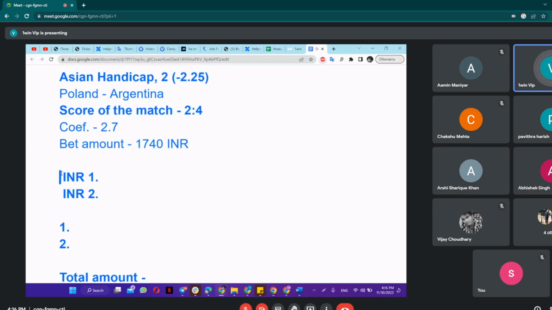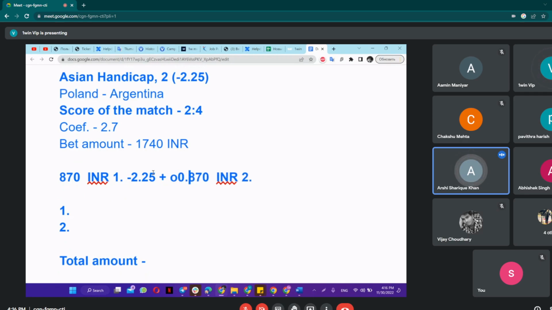Can we do it step by step? Yeah. Okay, 870 equals minus 2.25. Here we have minus 2.25 plus 0.25